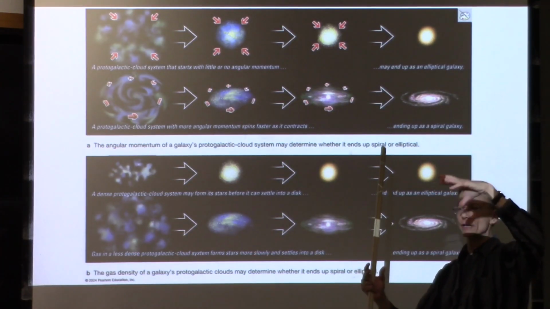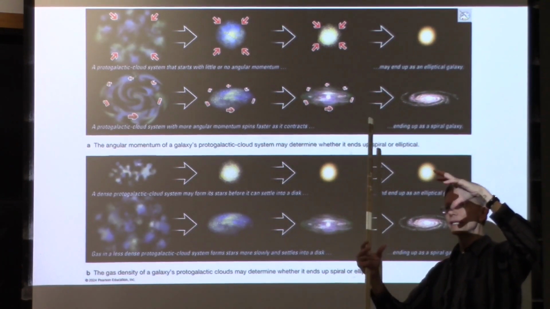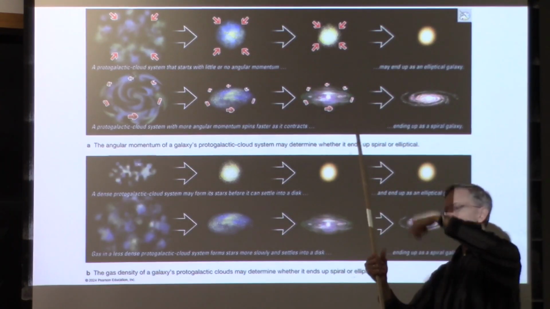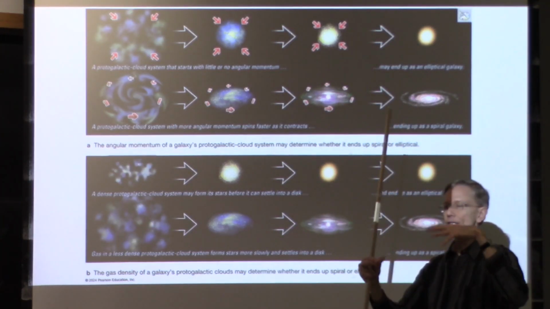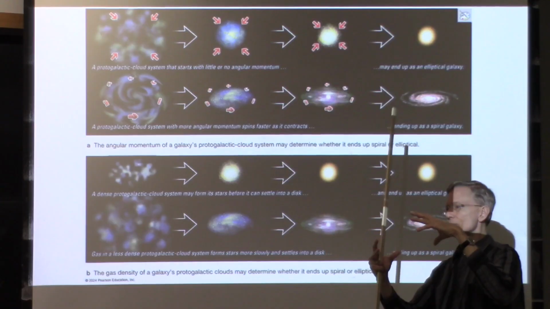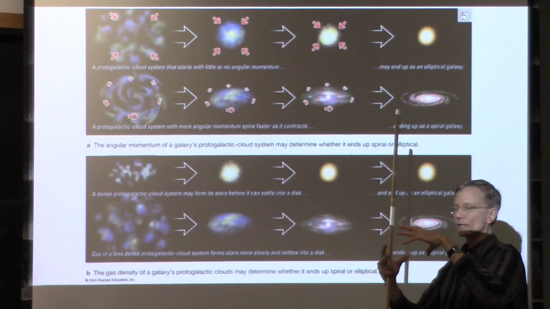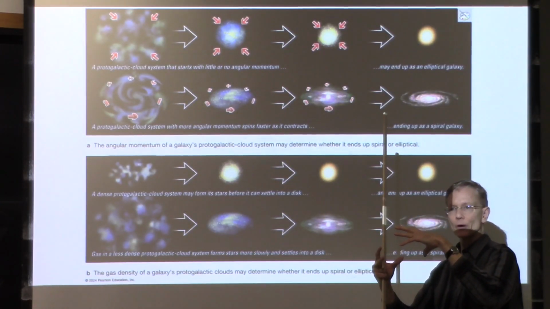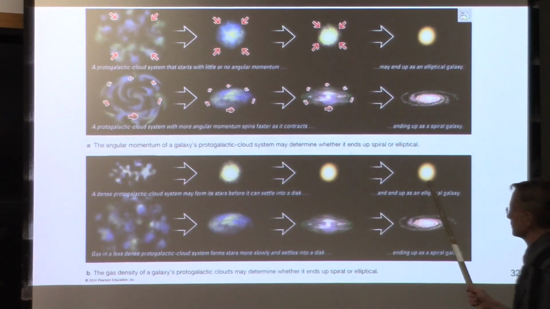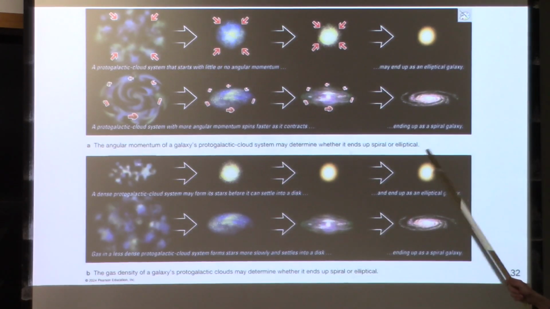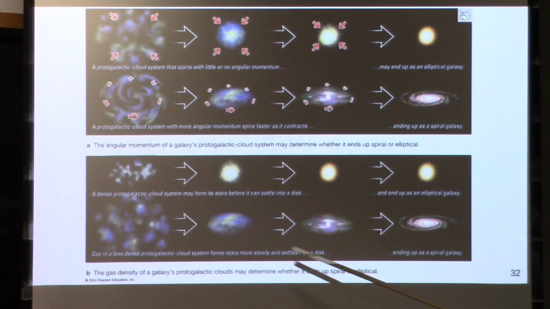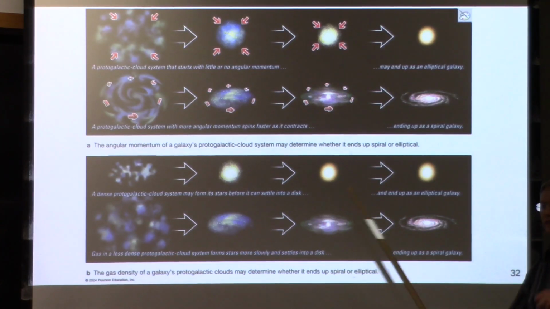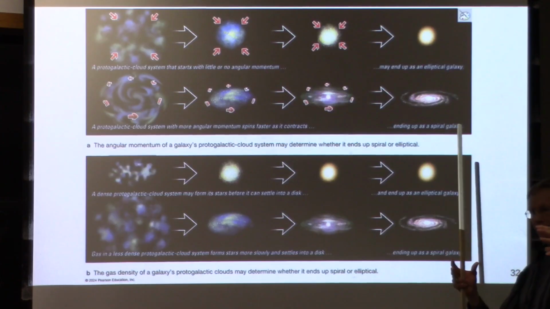There's lots of material there, lots of star formation. Stars go into these crazy orbits as we've been collapsing, and then by the time it's smaller, there's no gas and dust left over to make new stars, and so you end up as an elliptical galaxy as a result of that. Because remember, ellipticals don't have much star formation, whereas spirals do. Whereas gas in a less dense protogalactic cloud system forms stars more slowly, it's still settling, it makes a disk